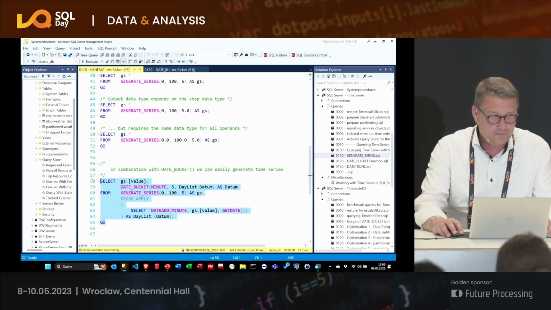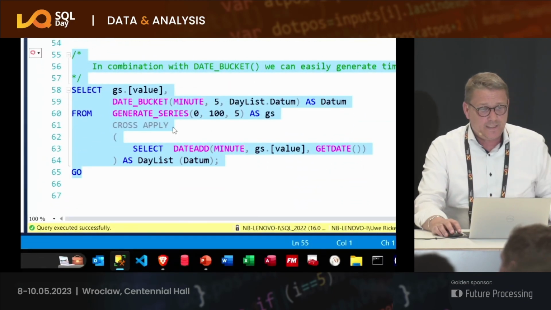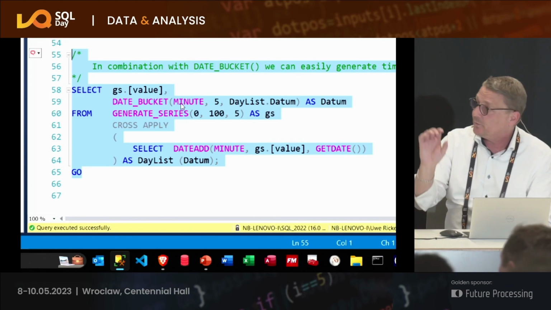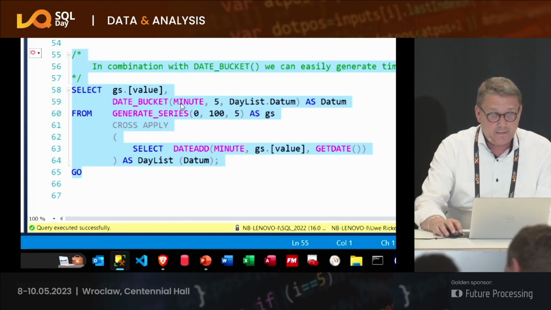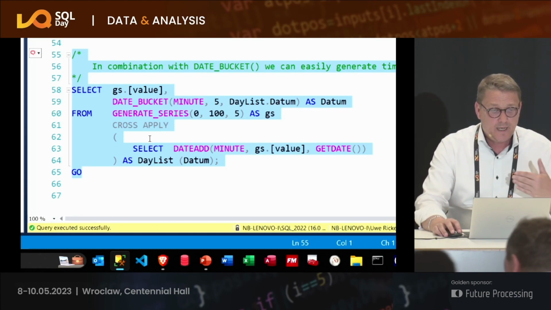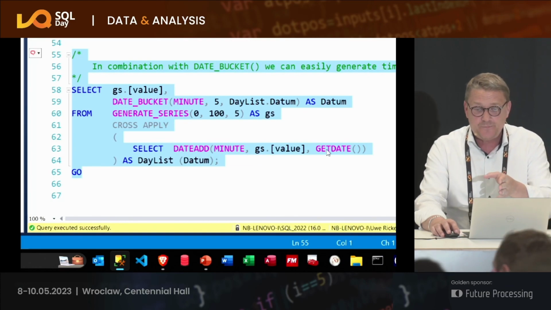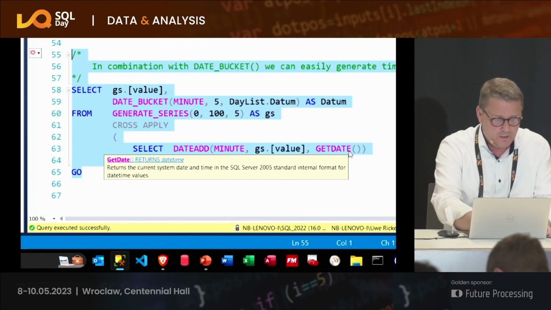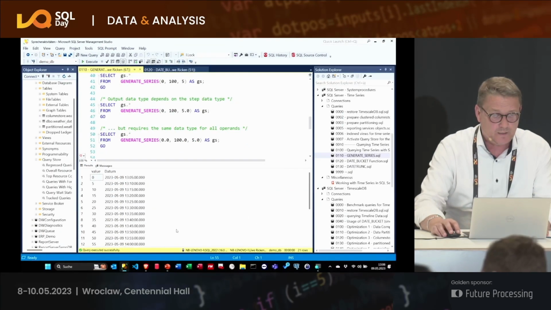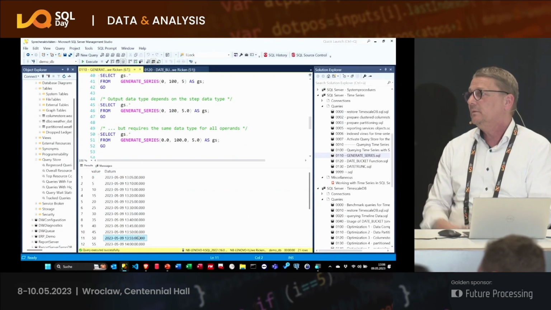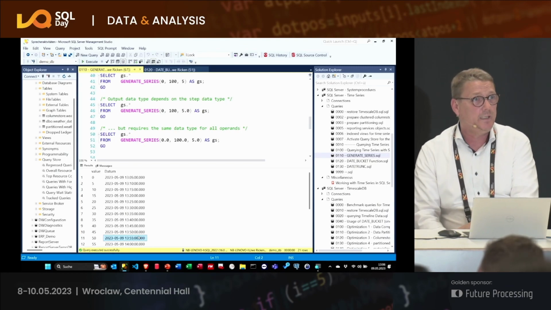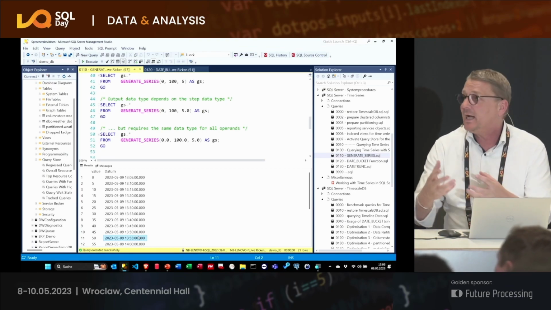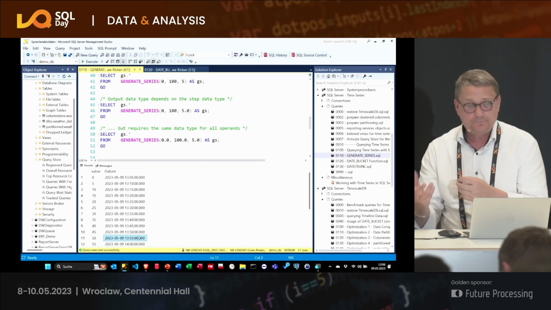Here is the query. You see here that I generated series with 5 minutes. You see from the date bucket that I want to have 5-minute buckets. And what I'm doing then is here, I add the 5 minutes to the current date. So I go 15 minutes ahead. I can do it the same way, vice versa, no problem. Run it. And then here I have immediately my 5-minute bucket list. And then you can run this or use that in your queries. This is way, way faster, not so resource intensive like CTEs or something like that.